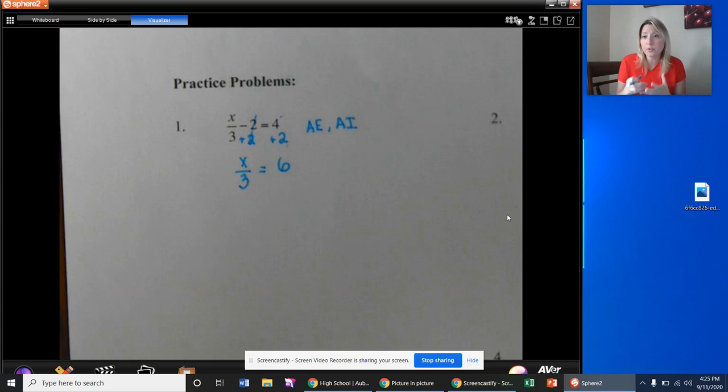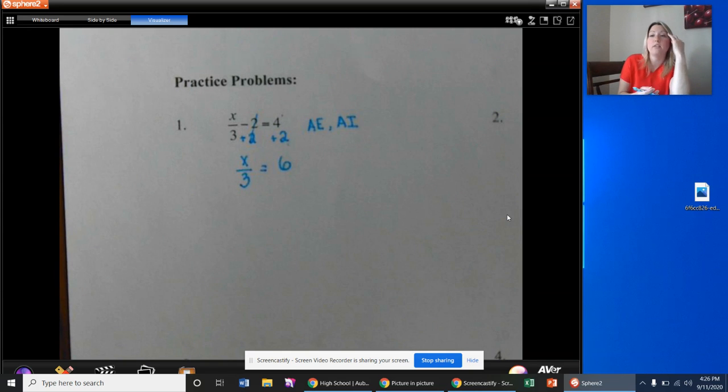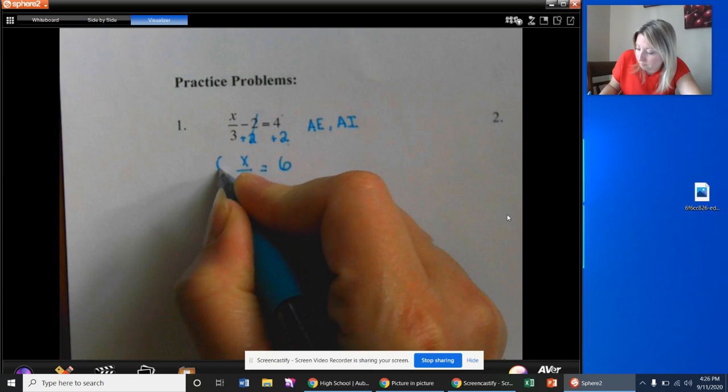So now the only thing left stuck with my x is this dividing by 3, right? So this is when you do kind of ask yourself, I mean, sometimes people get freaked out by fractions, but you just think about it. I have x divided by 3, right? And my answer is 6. What's the opposite of dividing by 3? It's multiplying by 3. It's the multiplicative inverse. Okay, if I multiply both sides by 3,